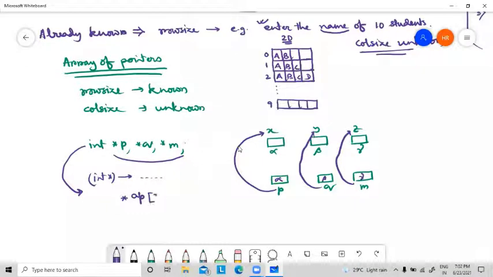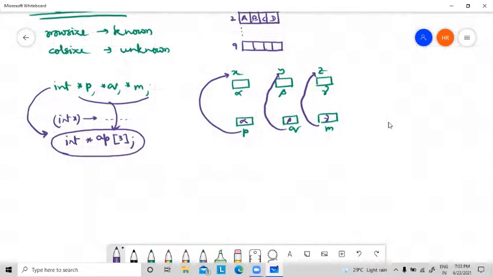Okay, 3. And what is the type? Integer. So this is the replacement of multiple same types, meaning homogeneous. All are integer pointers. We are using all integer pointers again and again. So we can replace them using an array of pointers. So this is the meaning of array of pointers. Okay. So it means here P, Q, M are in separate memory locations. They may be contiguous or may not. It depends. But if it is an array, then its picture will be like this.